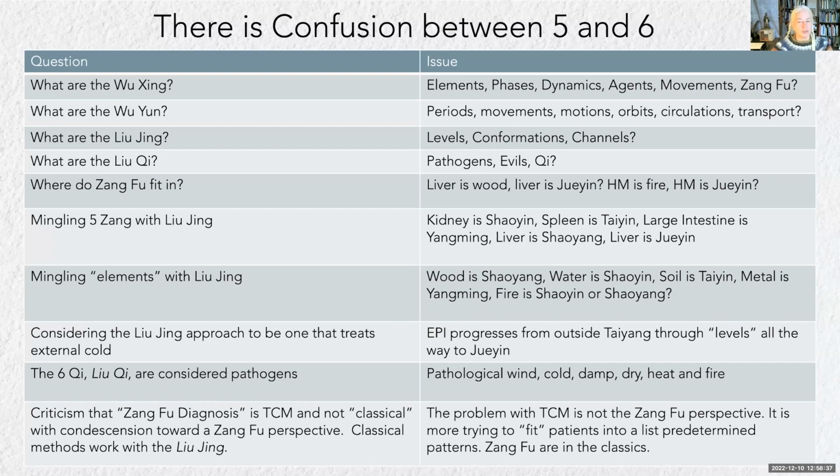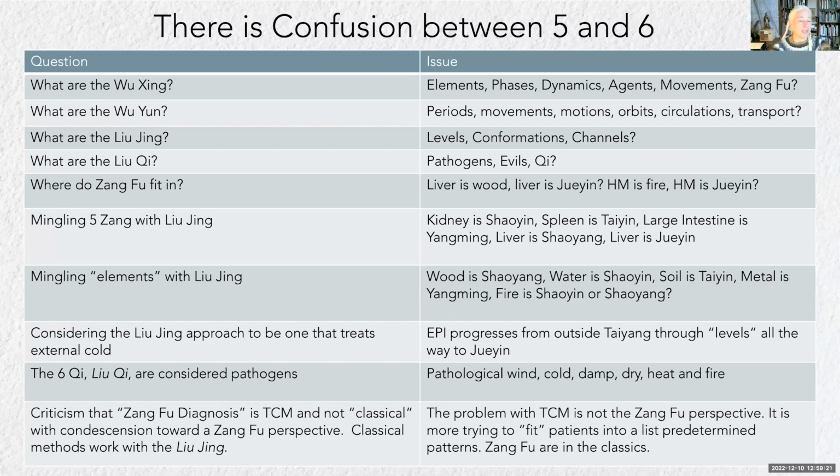So large intestine really isn't the same as Yangming, because sometimes constipation can be related to the blood being dry and deficient, the yin being dry and deficient. It can be related to the spleen being deficient and damp, not transforming water properly. And that's actually very common. So we have to untangle this and make sure we're not jumping from Zang to one of the Liujing, or we'll get into trouble. And that's what we'll be doing in learning about this physiology, is helping to tease that apart.